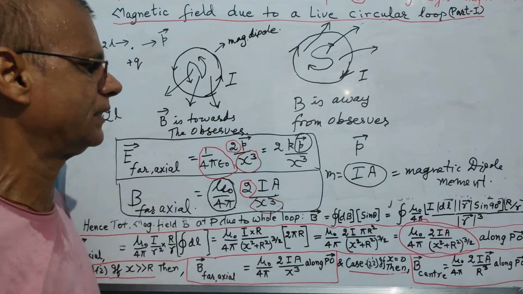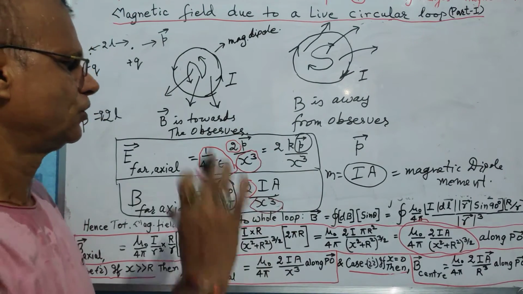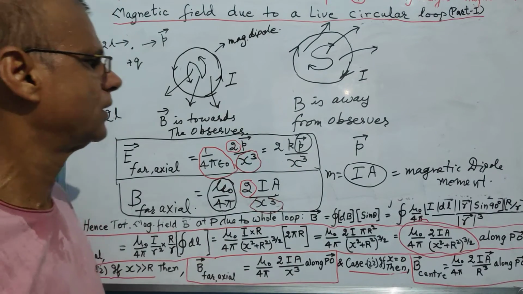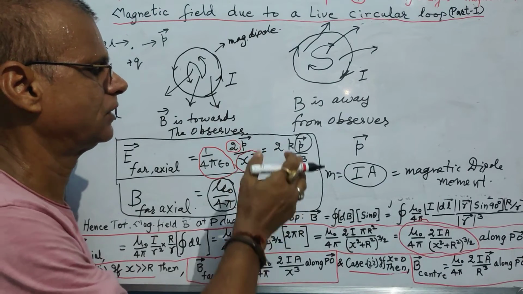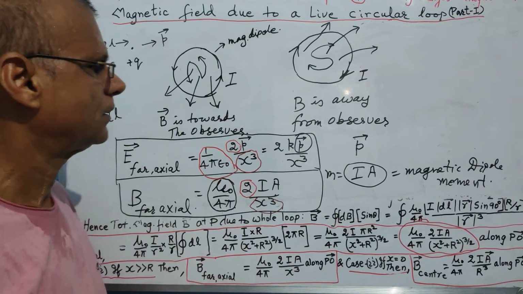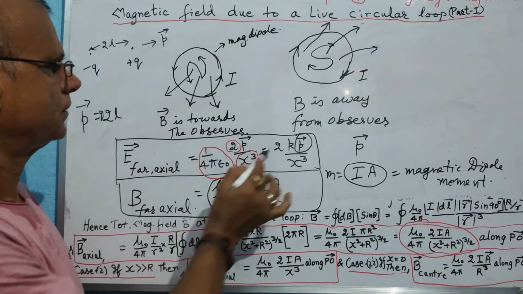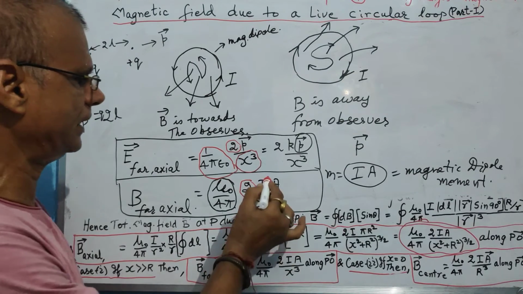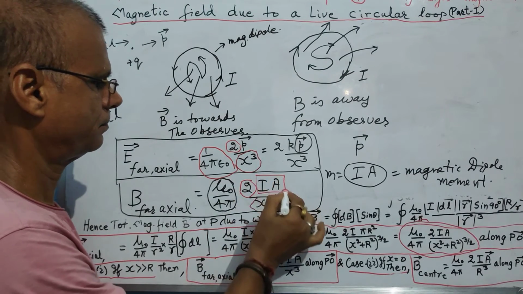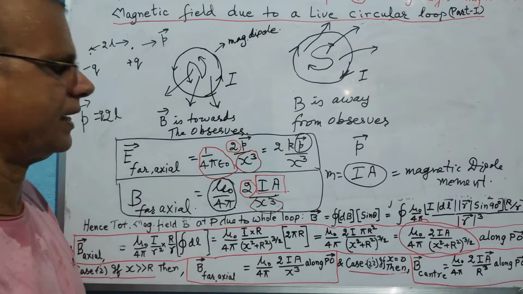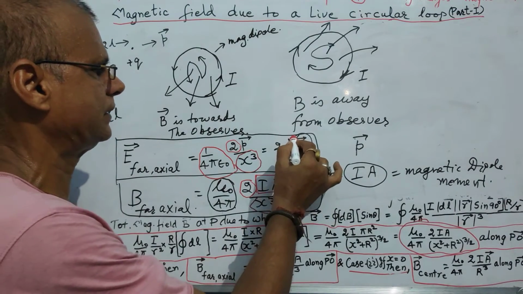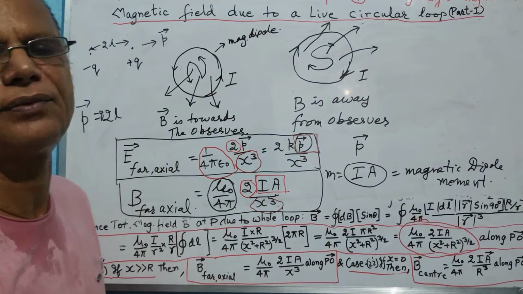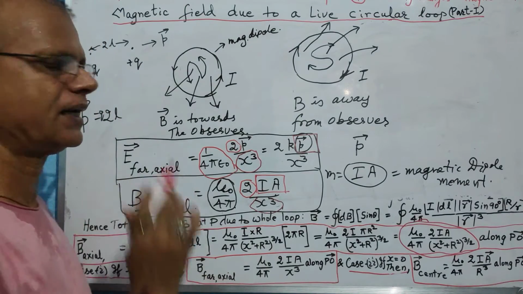But how could we get the expression for magnetic dipole moment? We have got this expression through our logical approach. We have seen something logically. I repeat, Ia stands in the same location in the expression for magnetic field at far axial point, where stands the electric dipole moment in the expression for electric field due to an electric dipole at far axial point.